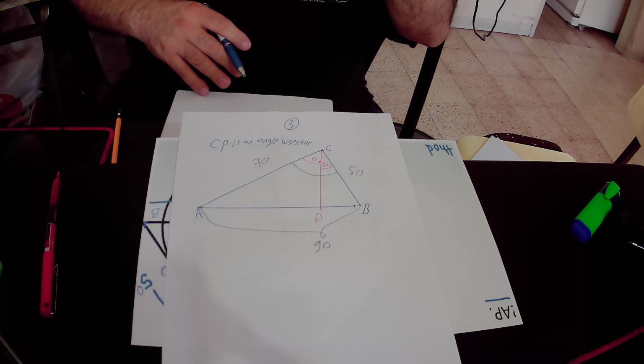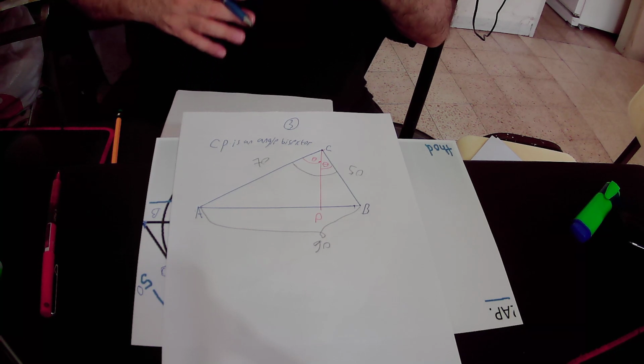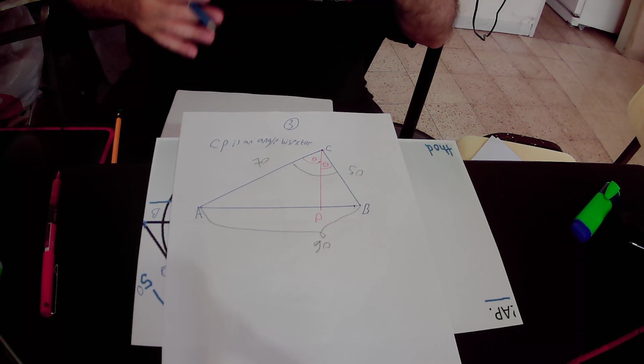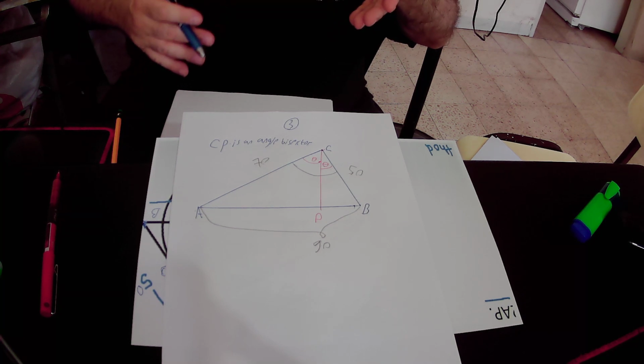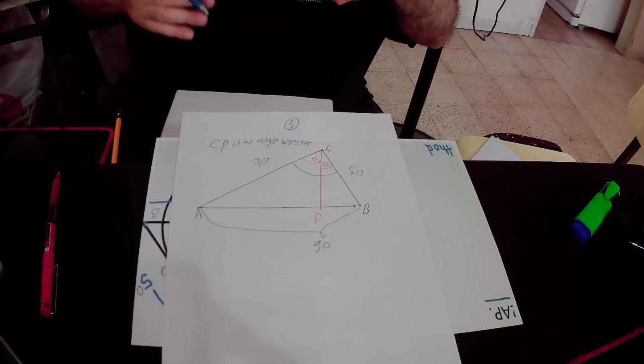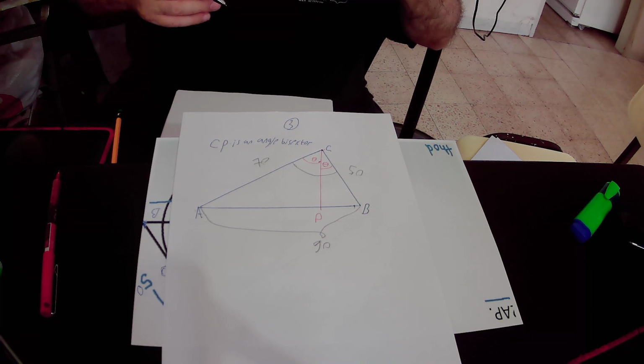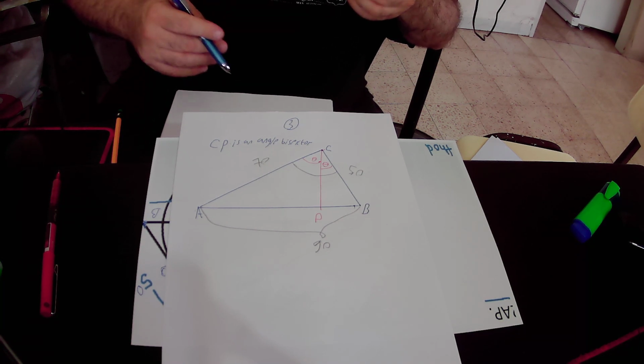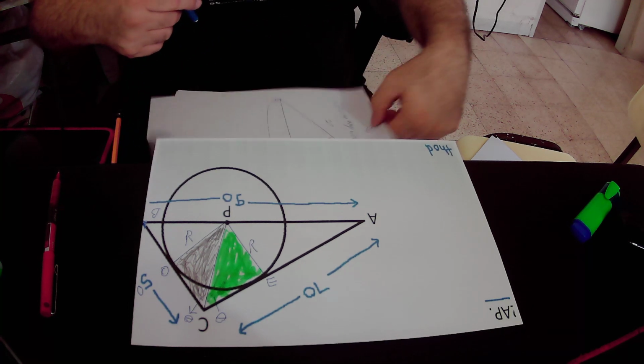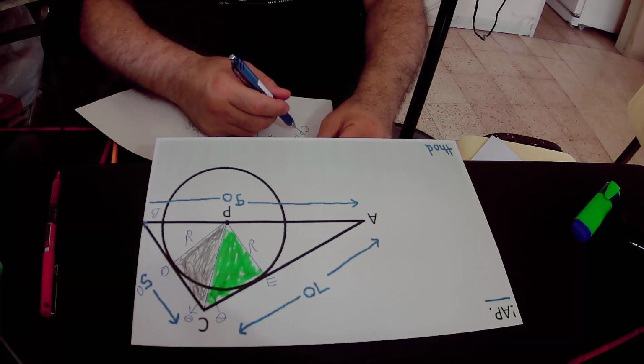For that reason, it splits angle ACB into two halves, and CP is called an angle bisector. Okay, CP is an angle bisector,